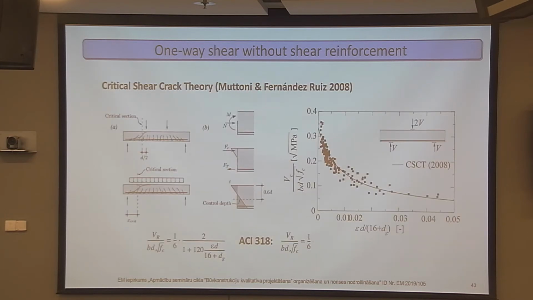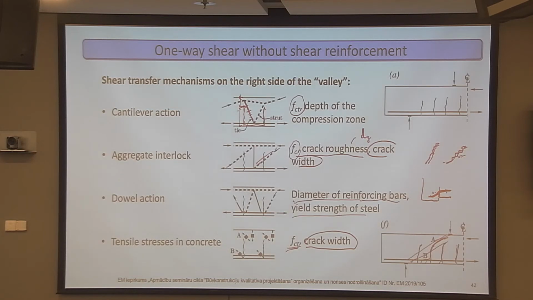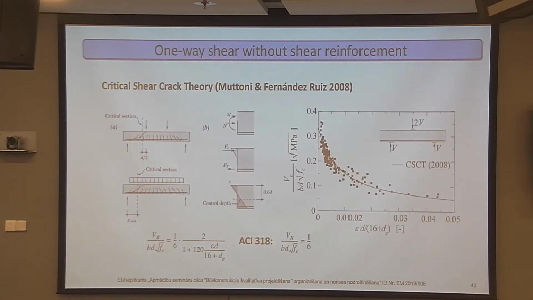And they looked at the opening width of this crack, because we see that in these mechanisms we have the crack width in several places, that it should have an influence. And they describe this opening, or they assume that this opening is proportional to the longitudinal strain of the cross section. So if the cross section is subjected to bending,